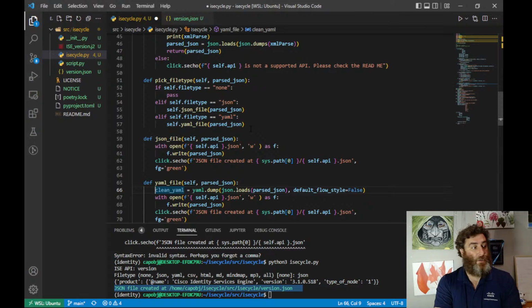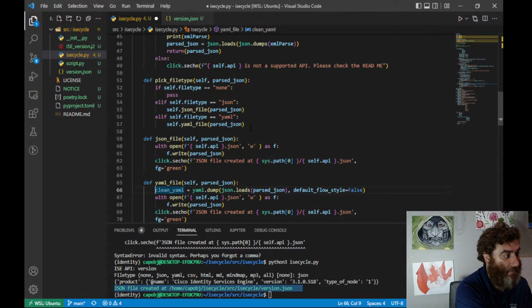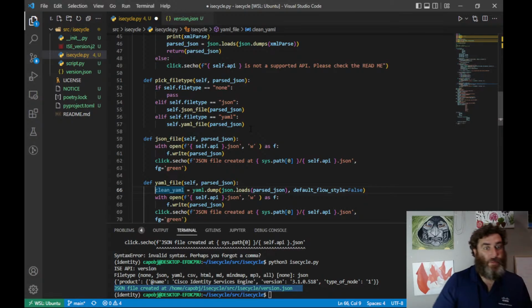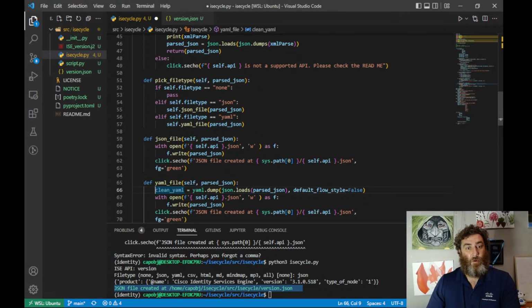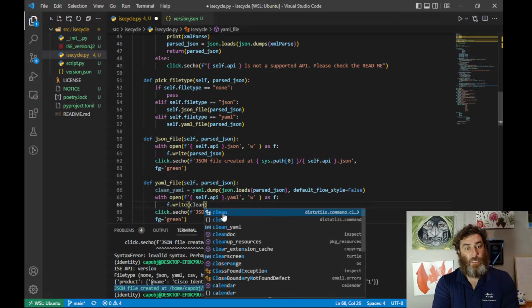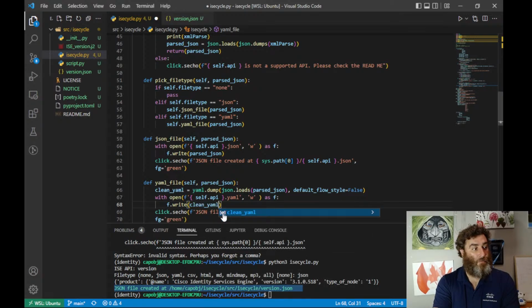And then what we're going to do is say, whoops, we're going to just basically change that with open statement. So with open dot YAML, passing it the clean YAML, and we're going to say YAML file created at,